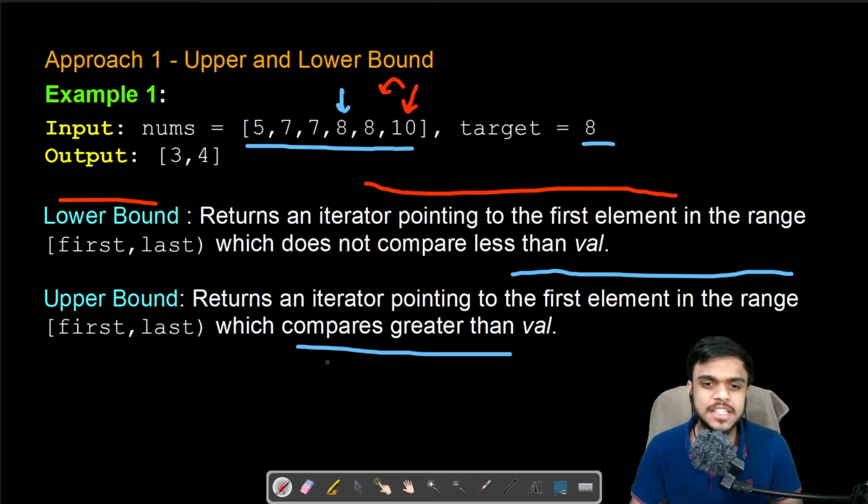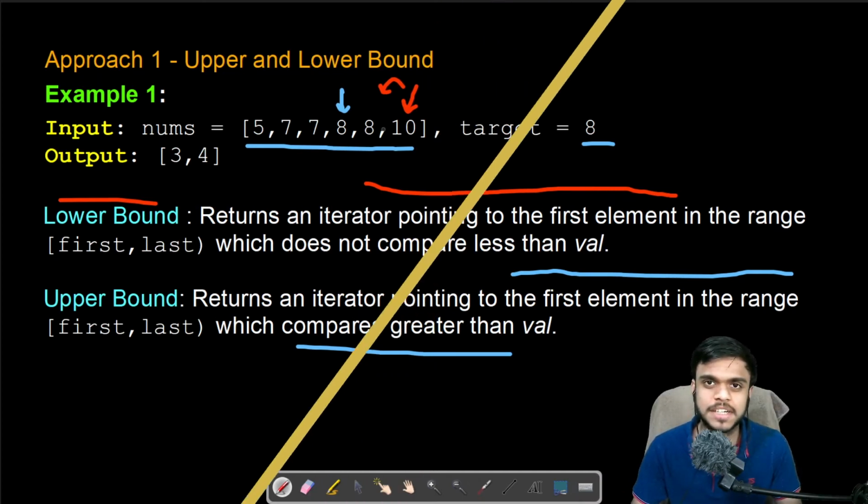and then add it to a vector and return it. So basically in this approach, we will initially take an answer vector in which we need to pass two values. We first find if the target is present in our nums vector. If it is not present, we just return the answer vector having both values -1. If it is present, we call the two functions lower bound and upper bound, then decrement the upper bound and pass the answer vector. That's it. Now let us look at how we can implement it.